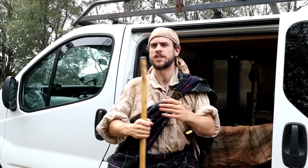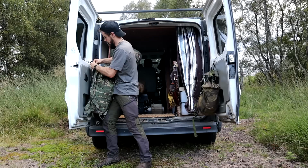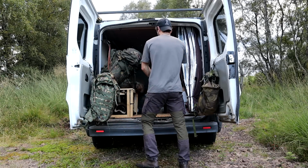So when you think van of a survival instructor, you probably think it's going to be green, it's going to have 4x4 capabilities, basically the ultimate bug out vehicle. This isn't quite that, or at least not there yet. Well, this is more of a budget option, but it still does everything I needed to do for this moment